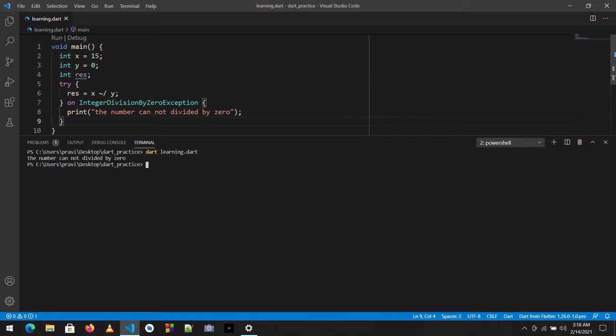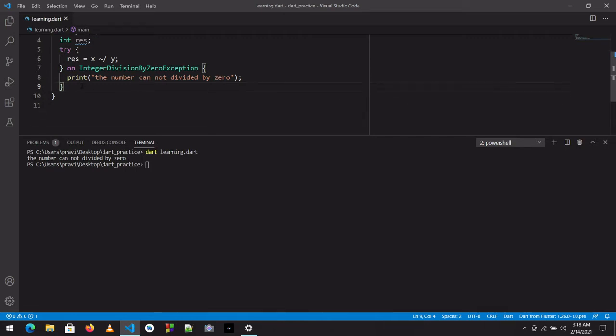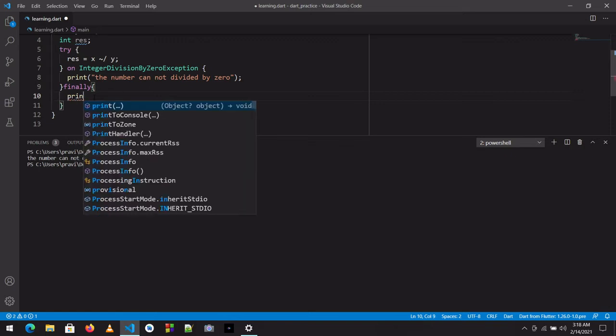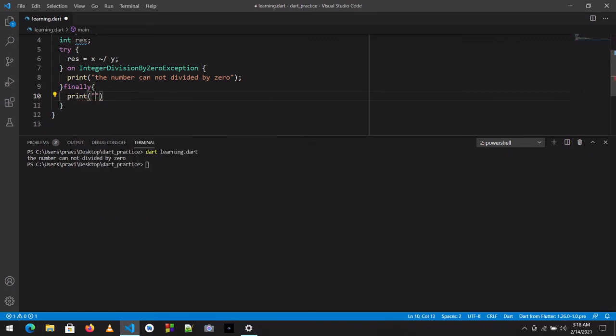So it gives the exception without giving so many lines of error in the terminal. And what if it also continues the execution of other lines of statements, by using finally? Finally means you can still go further and execute other lines of code. Like, I want to add one more print statement. Okay, finally, the code was executed. Let's run the program and see what output it gives.